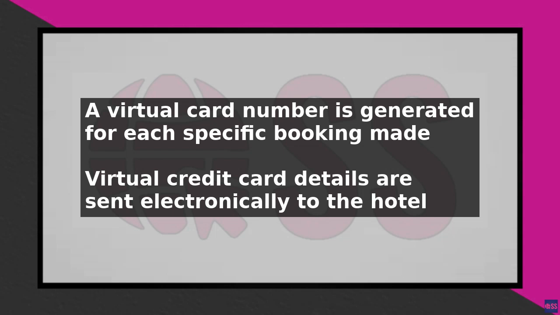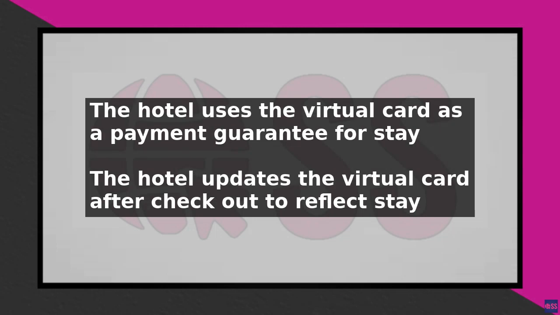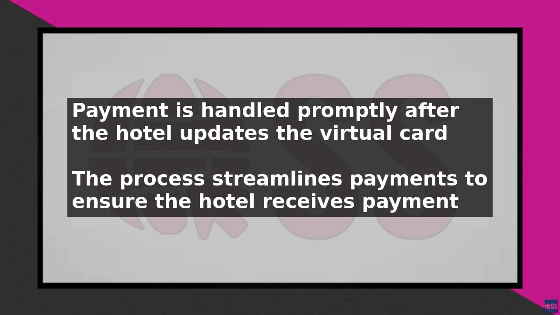The virtual credit card details, including the number and expiration date, are sent electronically to the hotel or property, which uses the virtual card as a payment guarantee for your stay. After checking out, the hotel will change the virtual card to reflect the actual stay, and the payment is handled